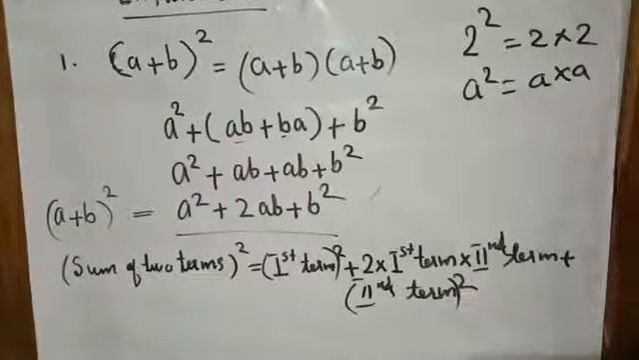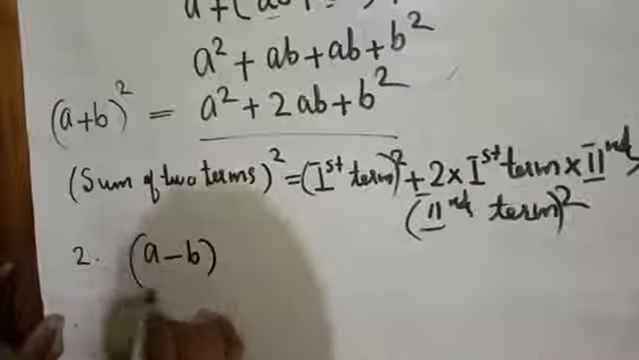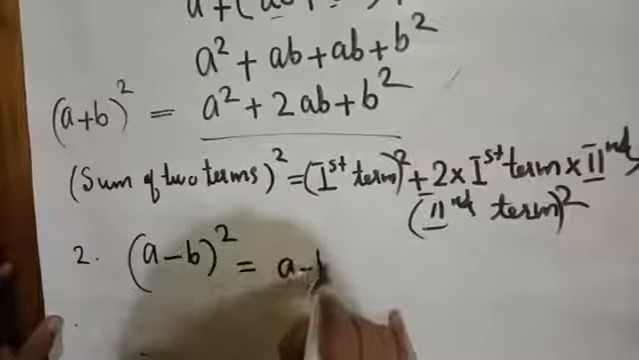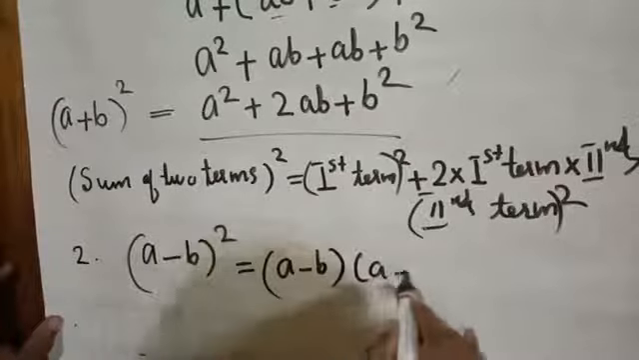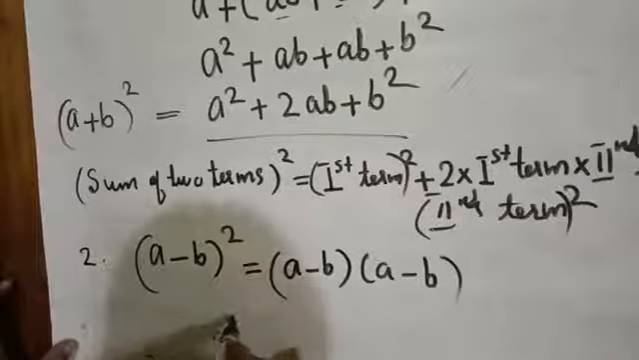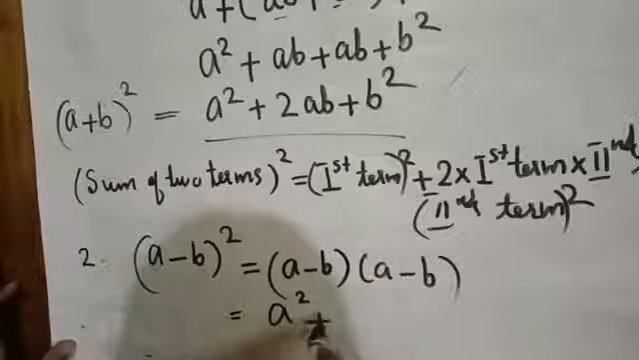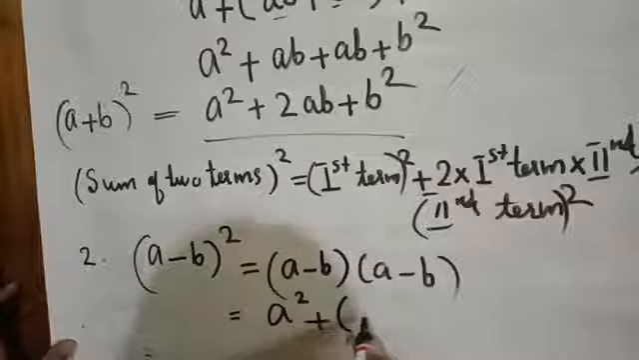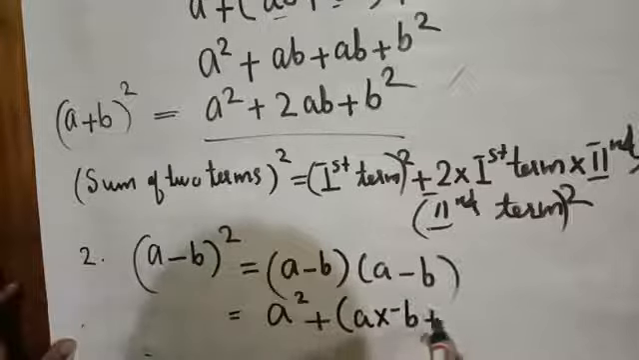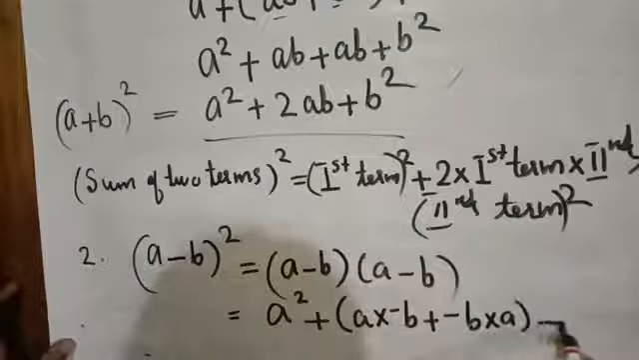Okay. Same way we can find a minus b the whole square. What is a minus b the whole square? A minus b into a minus b. That is equal to first term square plus outer term, product of outer term means a into negative b, plus inner terms, negative b into a, plus